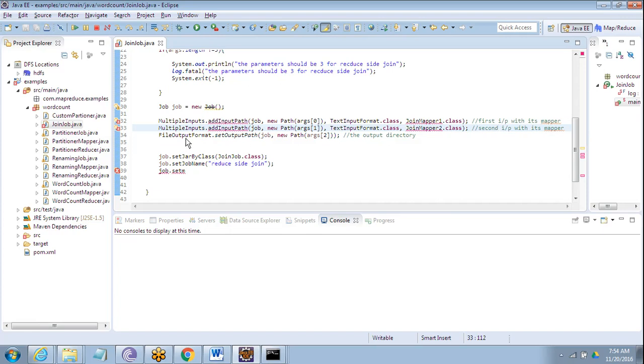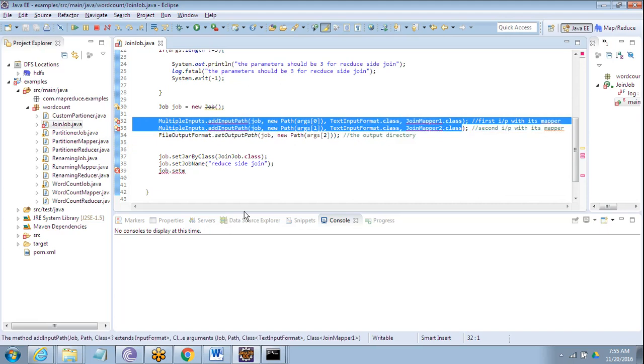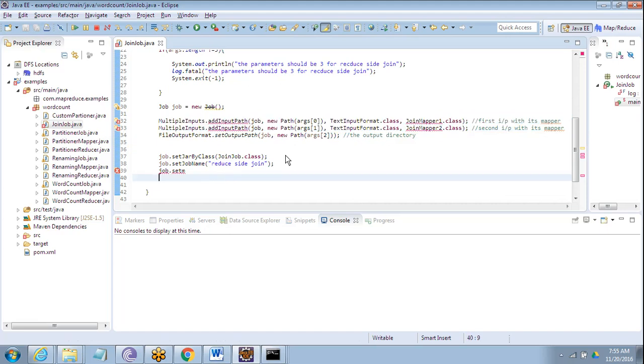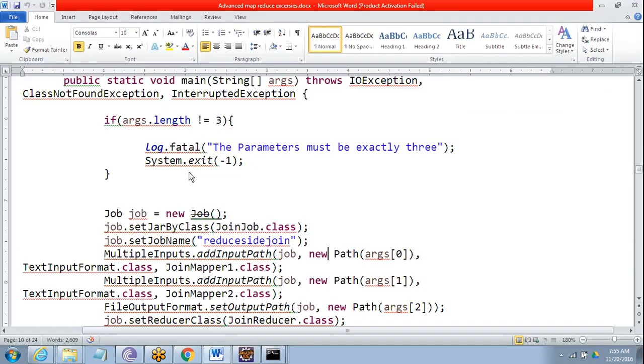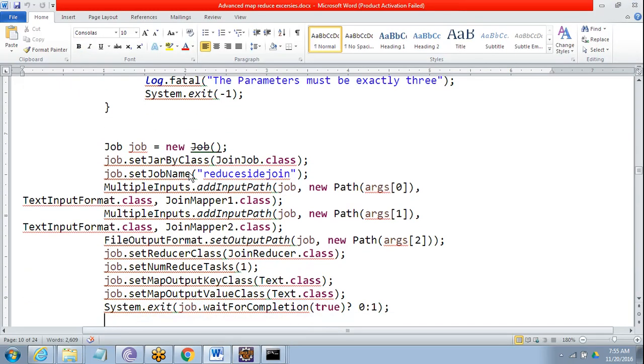Okay, so we need not define the mapper again, like job.setMapperClass over here. Why? Because we already defined in MultipleInputs which mappers we are going to use. So we just need to provide which reducer class we are going to use. Okay, so FileOutputFormat.setOutputPath. This is done. Set job by class, job name, set